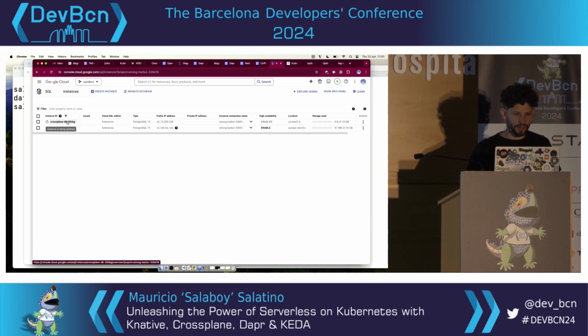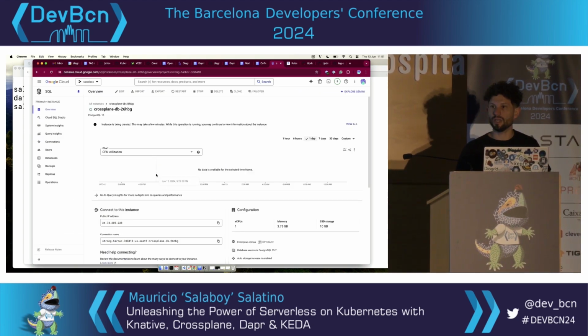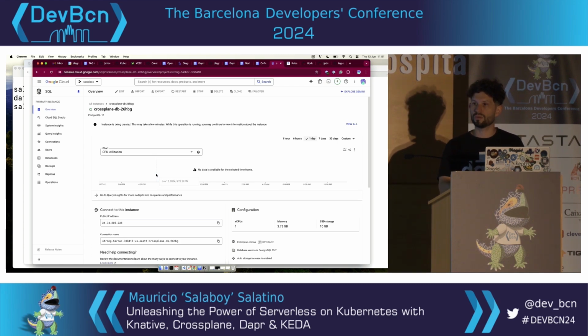I'm just codifying a way to create resources into Kubernetes resources. So I create a Kubernetes resource which basically allows me to enter pretty much the same information that I would be able to fill here into a form in order to create this database.